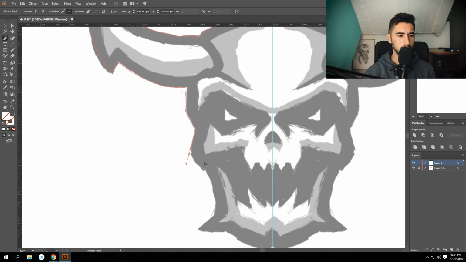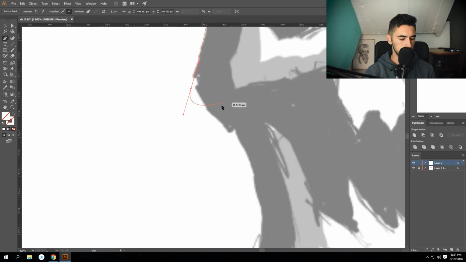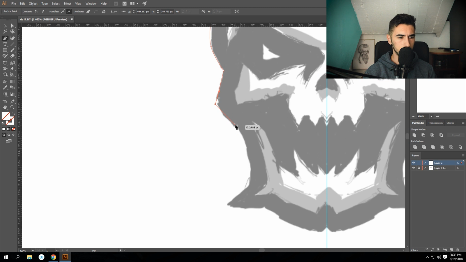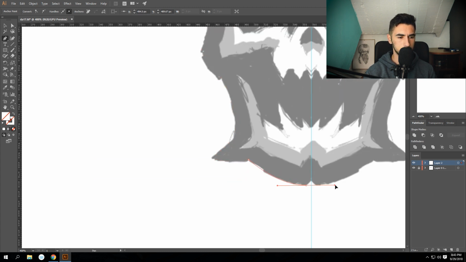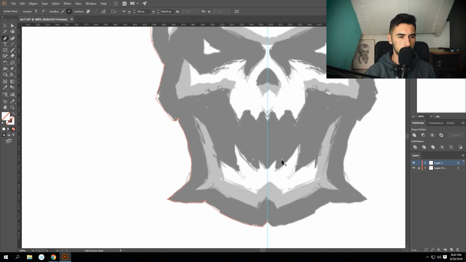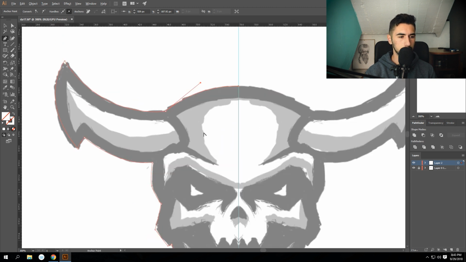And if you have this problem, for example, I need to do a line like this, but it won't let me, just hold Alt and click on the last anchor you made, and we will do maybe something like this. Okay, and when you're done, connect this last one with the first one. Okay, and on the same layer,